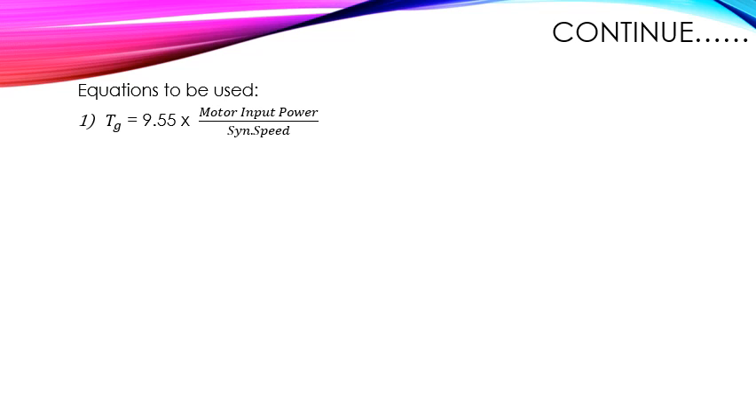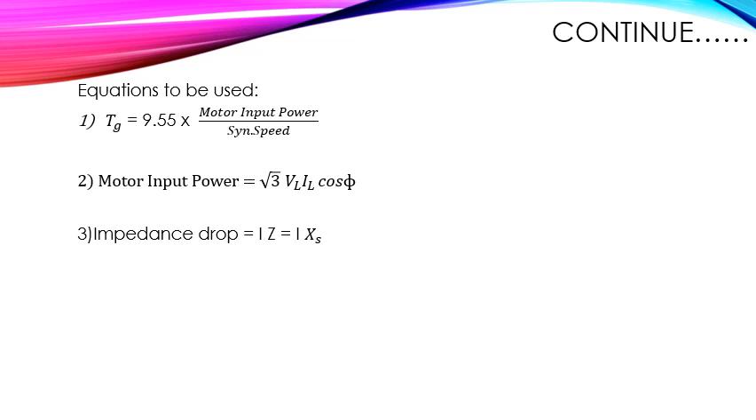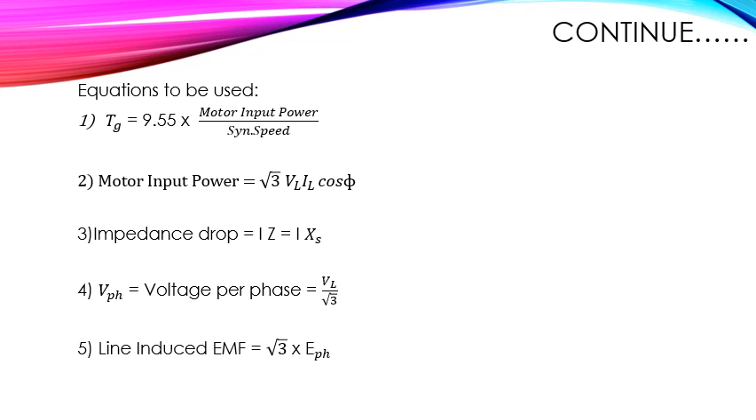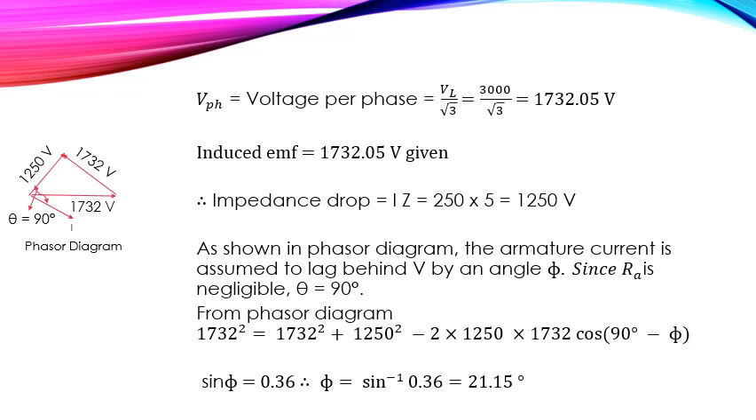That is the torque, gross torque developed is 9.55 multiplied by the ratio of motor input power and synchronous speed. Then motor input power is root 3 VL IL cos phi. Impedance drop IZ, but here armature resistance is neglected, that's why the impedance drop is equals to IXS. Per phase voltage VL by root 3. Line induced EMF, it is root 3 times phase voltage, right? So just put the values and get the